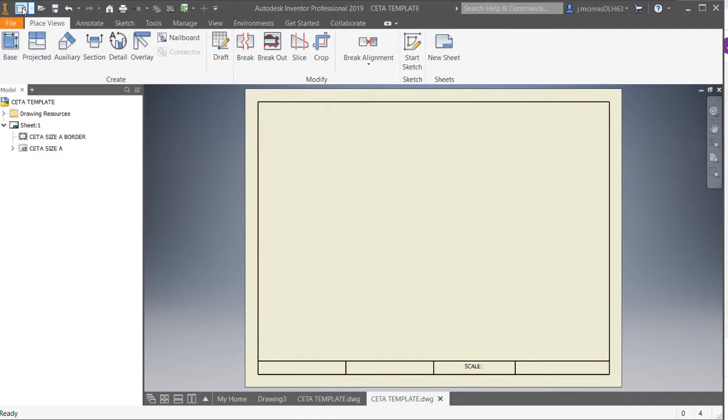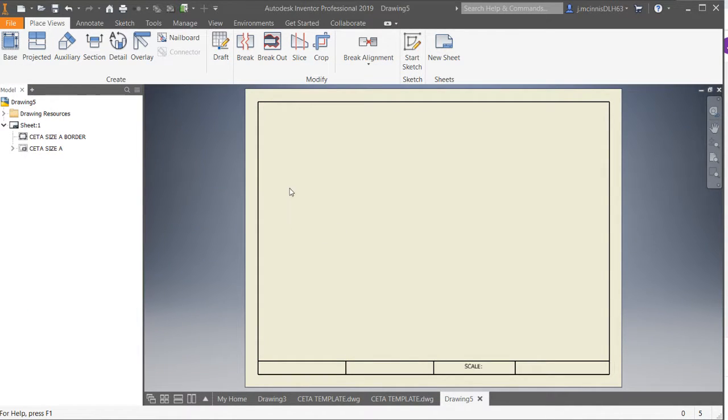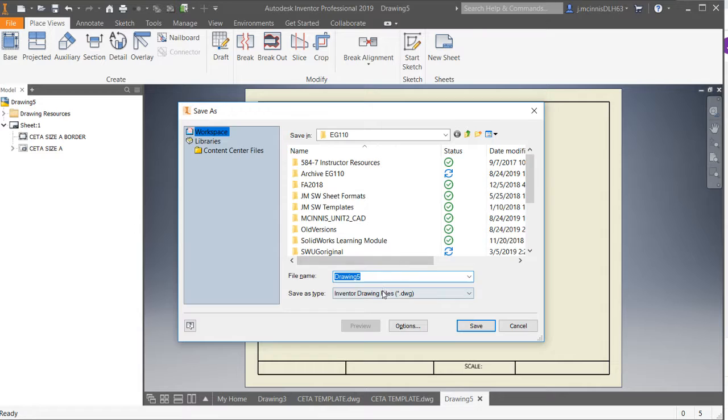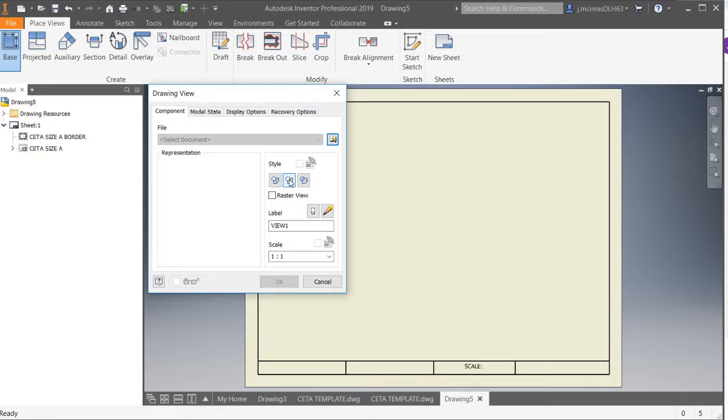But now when I click this new button up here, it takes me to a list, and instead of just standard drawing, I have a CETA template drawing. And now when I open a CETA template drawing, I don't have to worry about save as. It's called Drawing 5. I can just save it and give it a name, and it automatically has the CETA border and the size A sheet format all set up